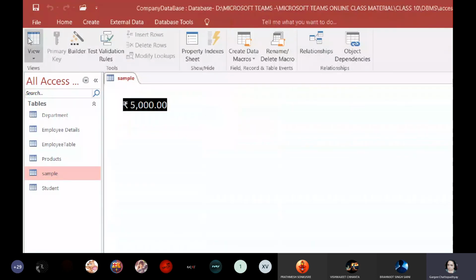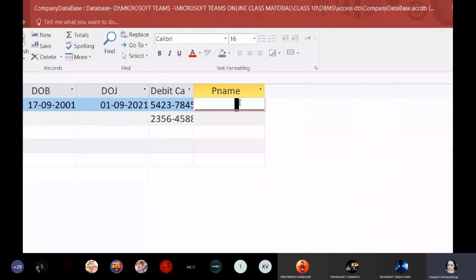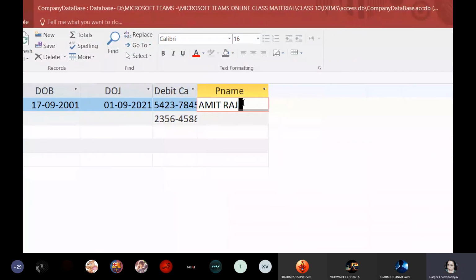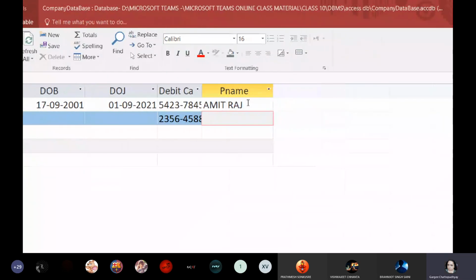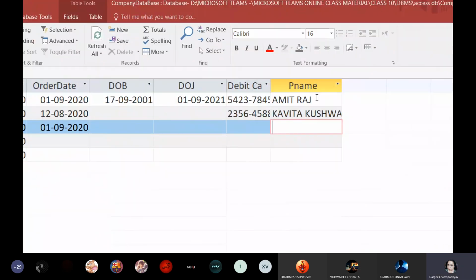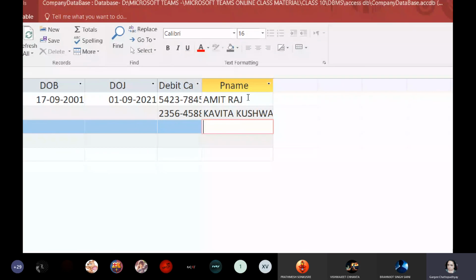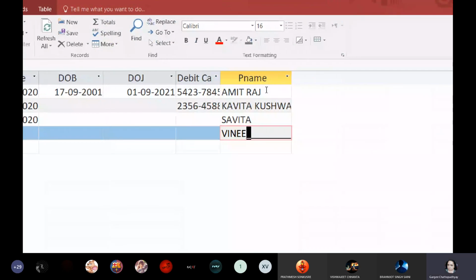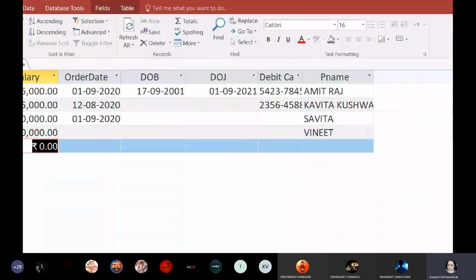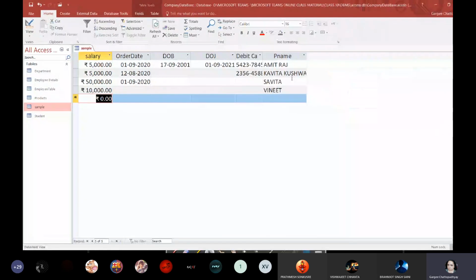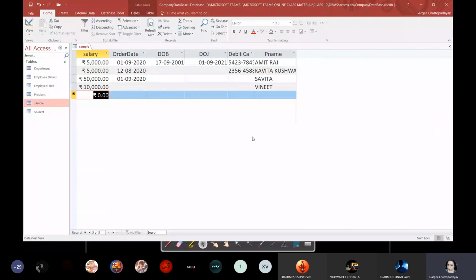And I will save this and I'll go back to view option, and now you can see that already you are getting a placeholder. You can see that I have not pressed the caps lock key on my keyboard, but it is accepting all the data values in capital letters. I have not pressed the shift key or caps lock key on my keyboard. So this is how you can restrict the user even more by giving him placeholders.